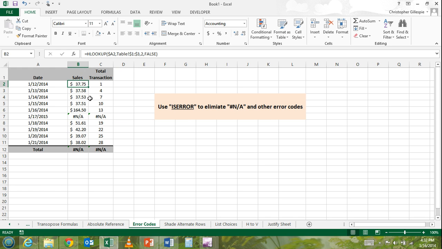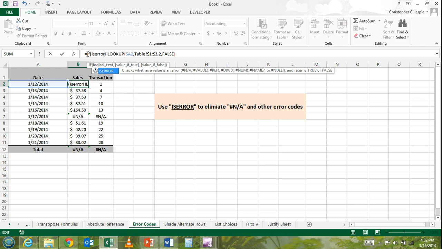So let's start at the very top here. I have an HLOOKUP formula, and the reference value is A2. The table is table 1 through 3. I want the second column, and then I want it to look for an exact match. So what we're going to do is use that ISERROR function. And the first thing you do is use an IF statement. So IF, open parentheses, ISERROR, open parentheses again. And then you can keep the same formula you had in before. So first step, if this formula returns an error code, which is what this is,